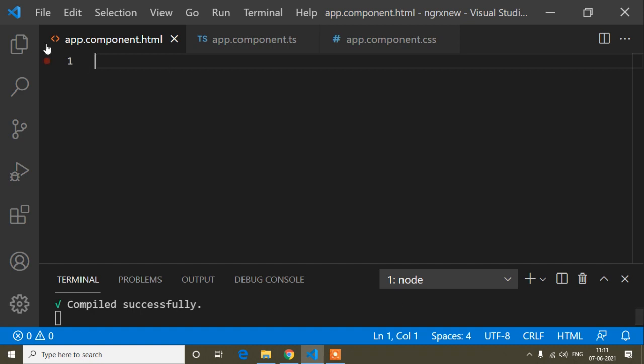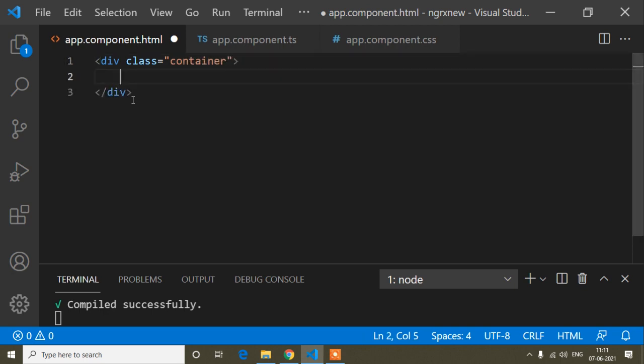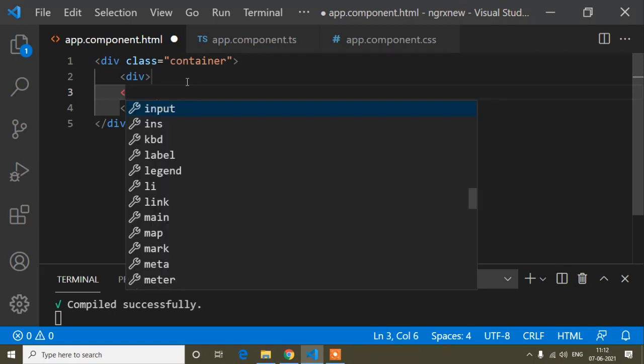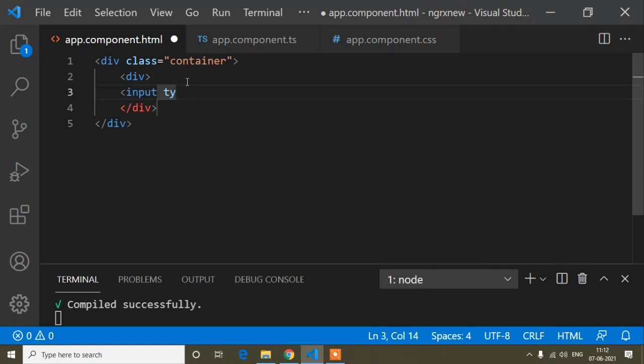Now guys, here in the HTML file I will write a container. The container is not part of this functionality; it is just for adding space on the left and right, so that's why I have added the container. Inside this container, first I will write the main input field where I will type the number. So here I will write a div, and then an input, and the input type is text. And now the placeholder, here I will write just anything, just a name.